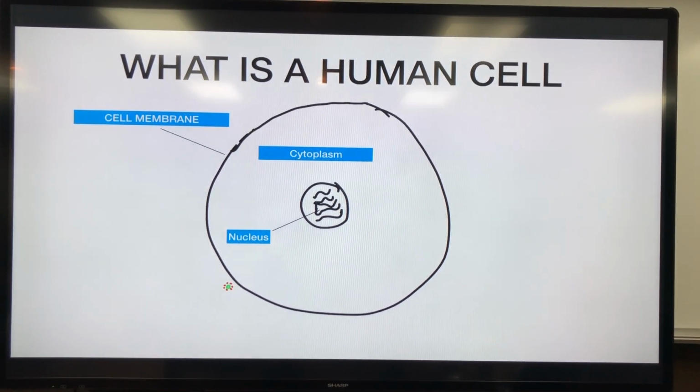All cells have basically the same structure. You've got this covering right here, which is the cell membrane. In the middle is our nucleus. That's where all your genes are. That's where the DNA is that makes you you: the color of your eyes, hair, or lack of hair. It's what makes you you. And then everything between the membrane and the nucleus is the cytoplasm. The best way to look at that is that it's our cell's factory. It's what does the work.